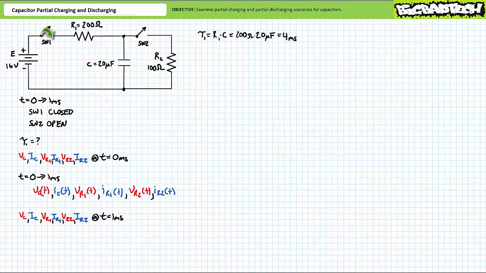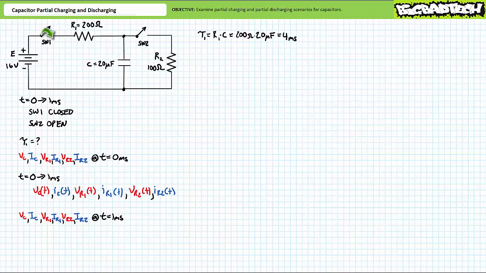At t equals 0, switch 1 closes and switch 2 opens. The capacitor will charge through R1 only. R2 experiences no current and no voltage drop from t equals 0 to t equals 1 millisecond. Substituting our given values for R1 and the capacitor, we find tau1 to be 4 milliseconds. We should expect a full charge to be obtained after 5 time constants, or 5 times 4 milliseconds, or 20 milliseconds. Given this partial charge only lasts for 1 millisecond, or 1/4 of tau1, or 1/20th of a full charge,